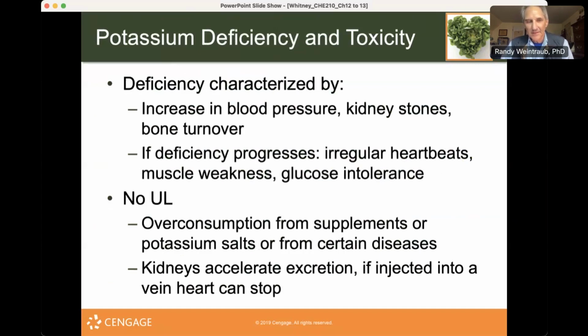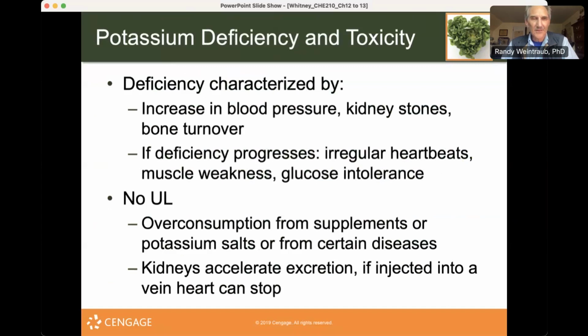However, it could be that at some levels potassium could affect normal heartbeat, and it's also used therapeutically to stimulate the heart